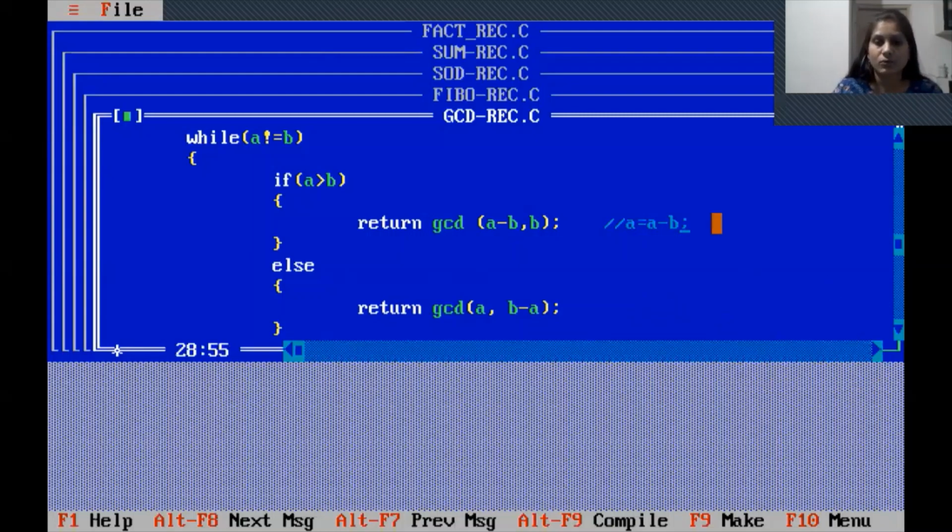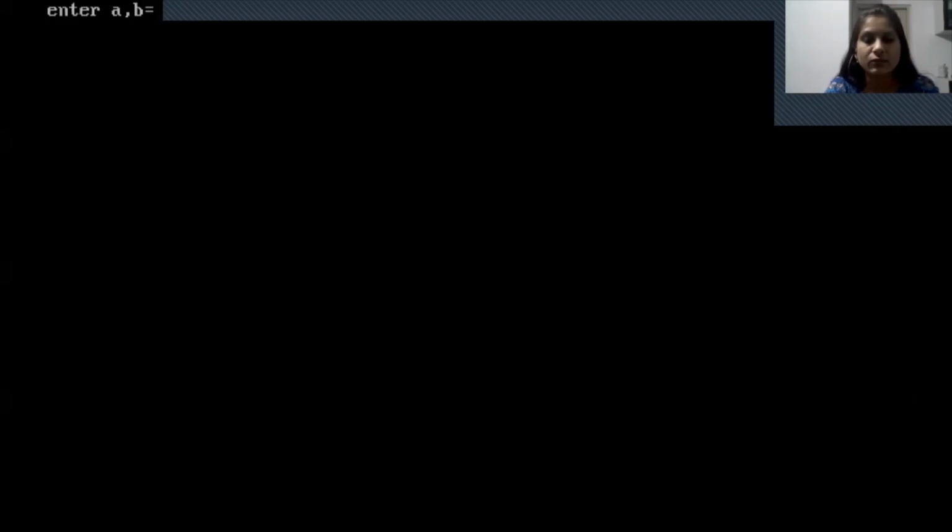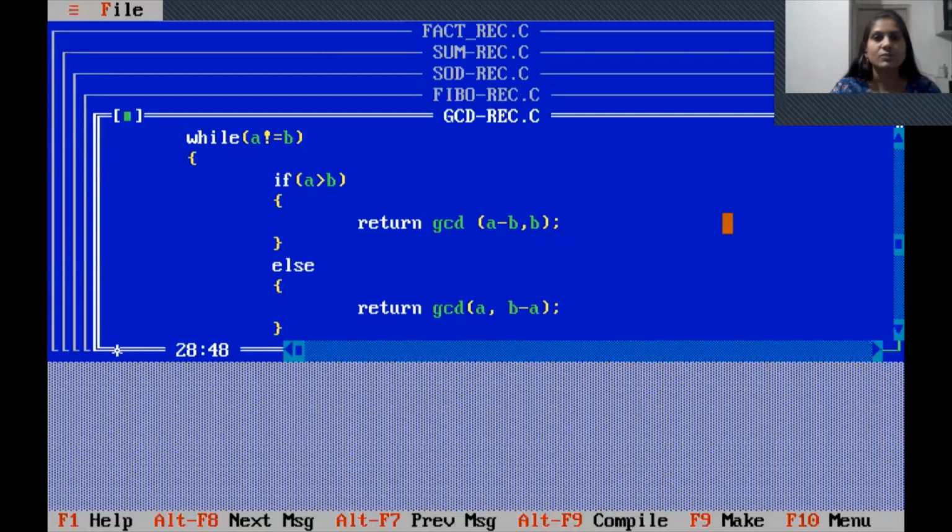Now execute this program. Suppose a is 4 and b is 6, then GCD is 2, because 2 into 2 and 2 into 3, the common factor is 2. Now the last program is